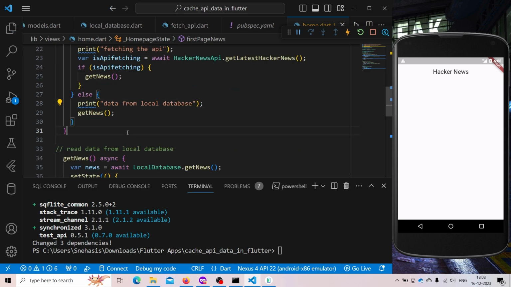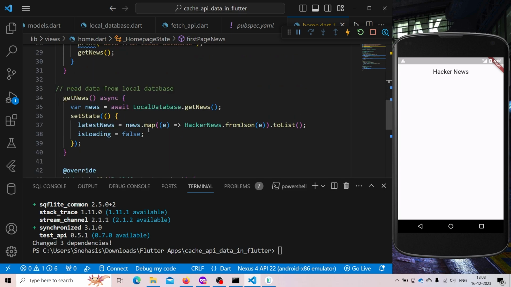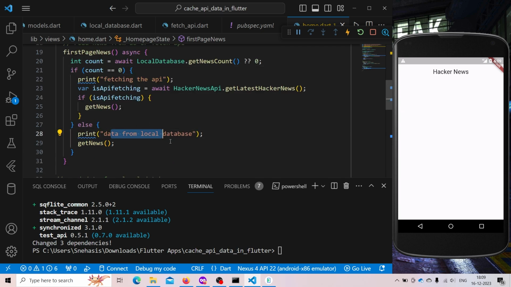Now in this way, if we call this function inside our init state, then after we open the app, first it will run this function and it will check the count. If the count is 0, then it will fetch the API, otherwise it will read the local database. I know this function doesn't look good because we need to do more modifications in it, but for testing,